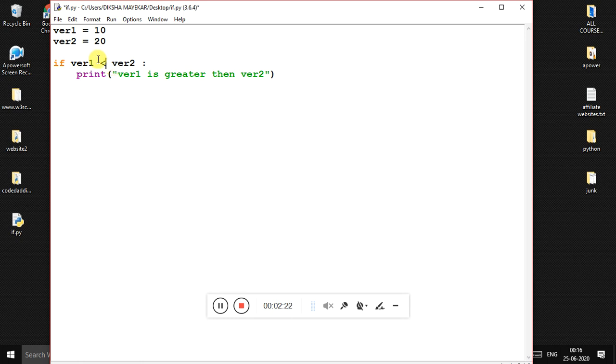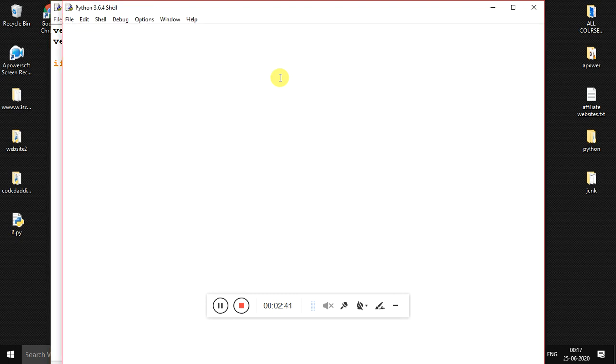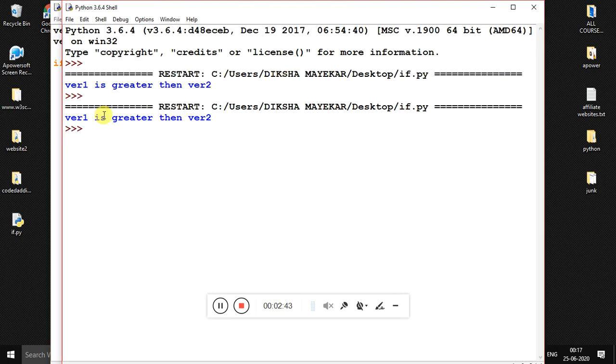now it will check if variable 1 is less than variable 2. Currently value of the variable is 10 and value of the variable 2 is 20, so this condition will be satisfied. Okay, so 10 is less than 20, so because of which this print statement will be printed. Okay, so now I will run this code and I will get this output which says variable 1 is